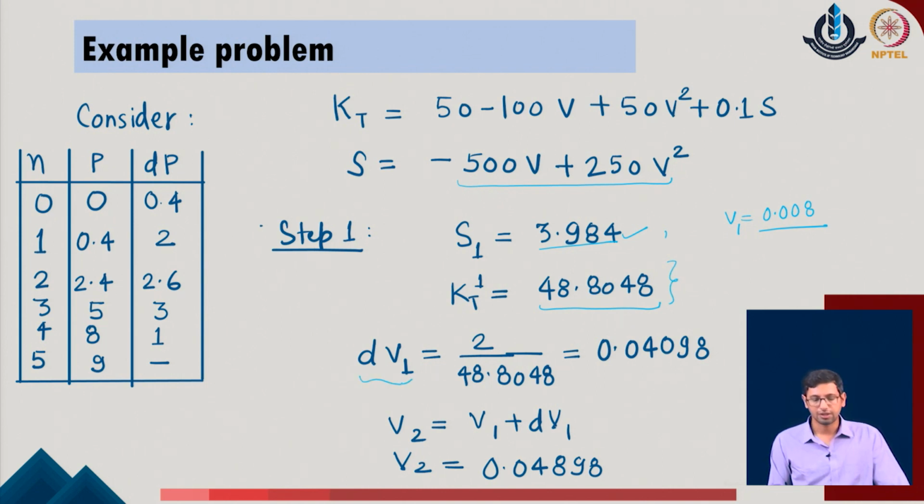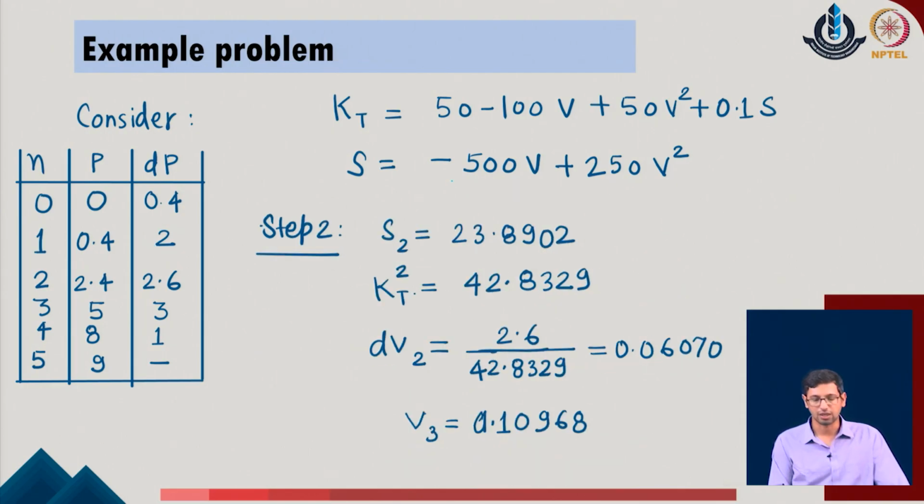Now, we can evaluate the dV1, the second displacement of the given system, and that can be done with respect to the increment, which is 2 units, divided by the kT of 1, and that comes out as this particular value. So, this is the value of dV1. Based upon that, I can calculate what is the V2 value, and this is V1 plus dV1 in the given system. So, once I have obtained the value of V2 in the given problem, we will substitute this value of V2 to obtain the value of S again.